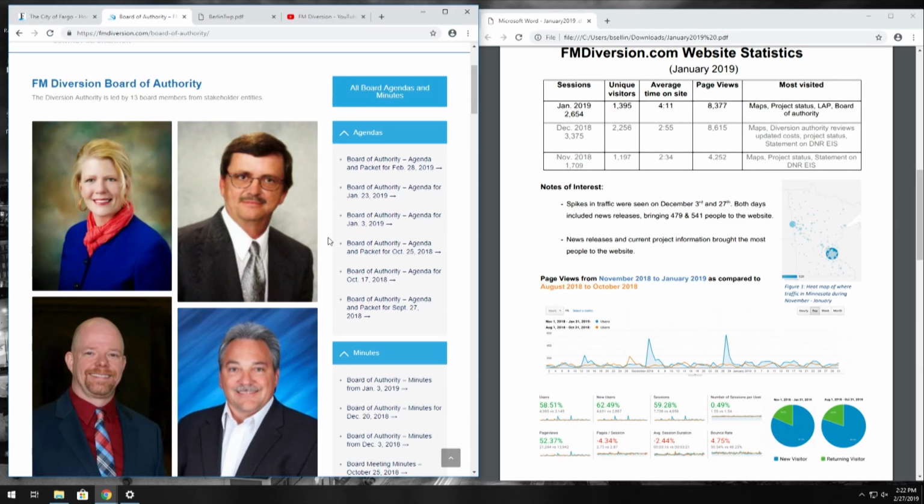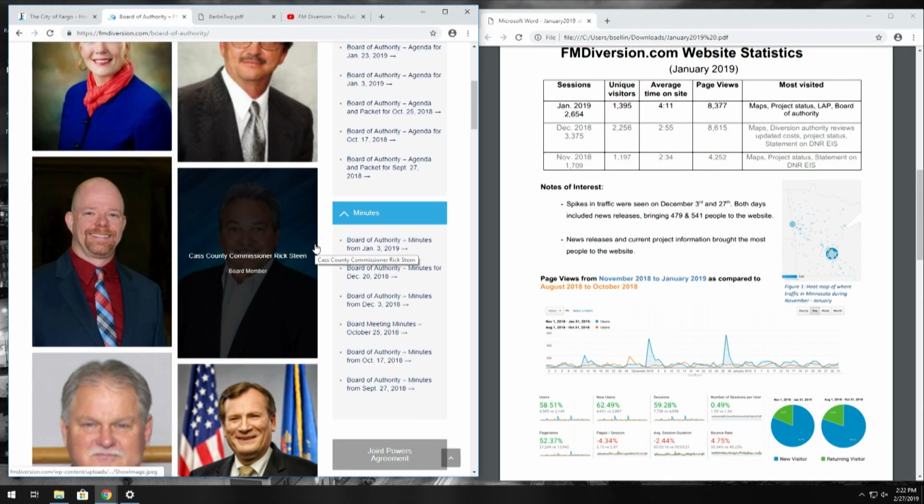Who's that young guy on the Diversion Authority on the front page with the glasses? The one with the glasses? I think that guy right there. You know, we do have the capability to take updated photos if anybody would like. That just shows what this project does to a guy. Here's what he looked like before he was president.